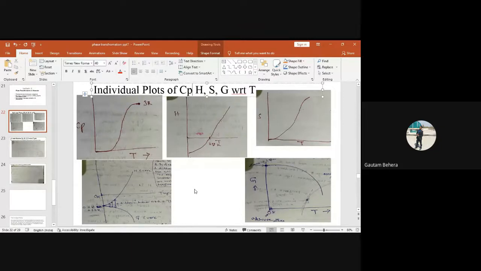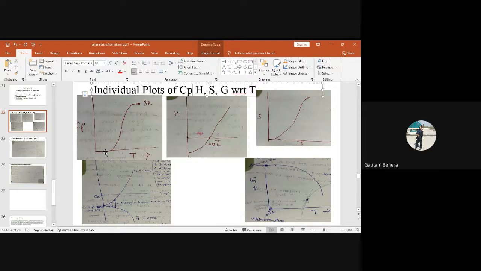Anyways, so suppose this temperature is 0 Kelvin. Just look at this curve. This is 0 Kelvin. So at 0 Kelvin, the Cp value is 0, right? Why? Because there are no lattice vibrations, no vibration of atoms or vibration of molecules inside the material. So the material is frozen, you can say, or the atoms are frozen. They are not moving at all. There are no vibrations in the lattice. So Cp is also 0 at 0 Kelvin. Now you are increasing the temperature from 0 Kelvin to a higher temperature.